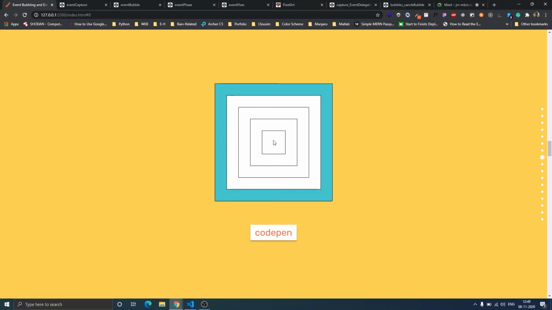Consider the same example, where the center box is our target element, and I'm going to click on that. The target element is whichever element the user clicks on. If I click on this, you can see it bubbling up from the target to the top element. This is how bubbling happens.